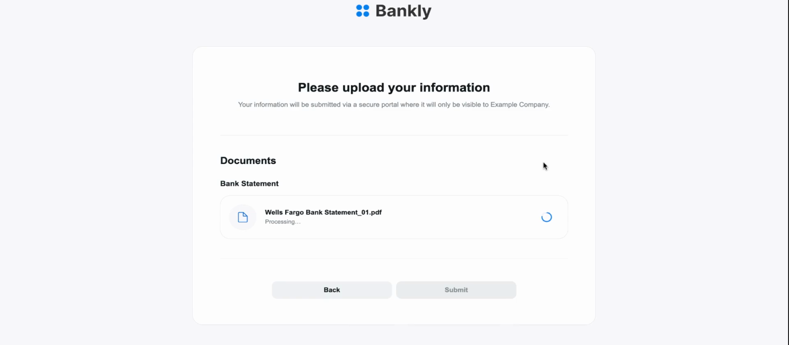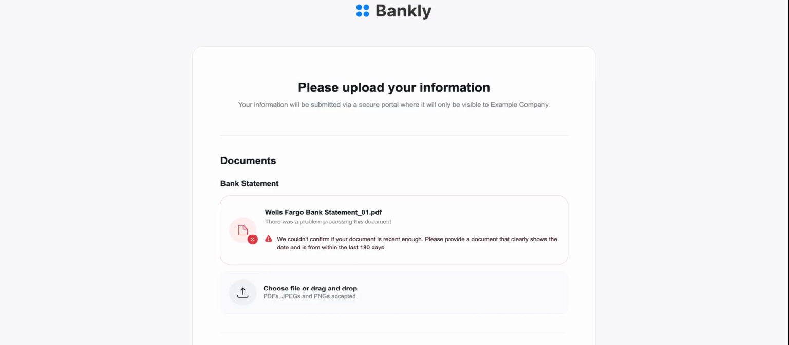You can see Inscribe is processing this document now and looking at the parse date. It's looking at the document classification. It's looking at the quality score. And you can see within just a couple of seconds, we get a message saying we couldn't confirm if your document is recent enough. Please provide a document that clearly shows the date and is from within the last 180